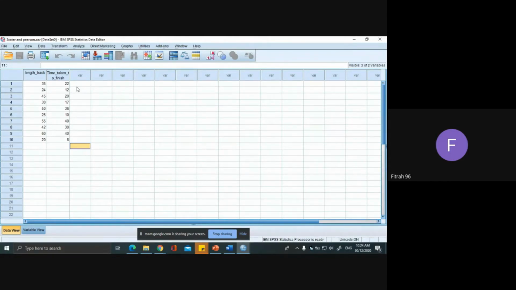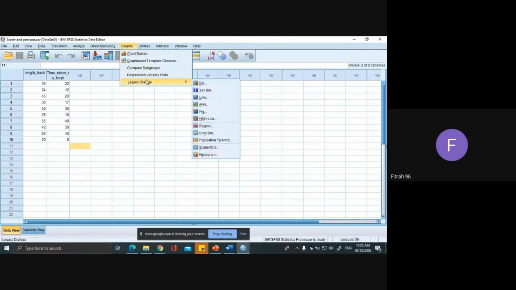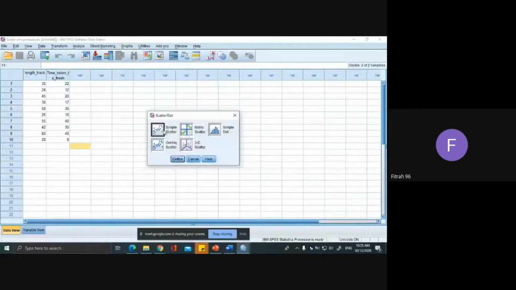the race. Here in cm, he has this kind of value and the time is in seconds. How many seconds are needed to finish this length of track? Maybe it is in meters. So, you go to Graph, Legacy Dialog, click Scatter/Dot, choose Simple Scatter, and then click